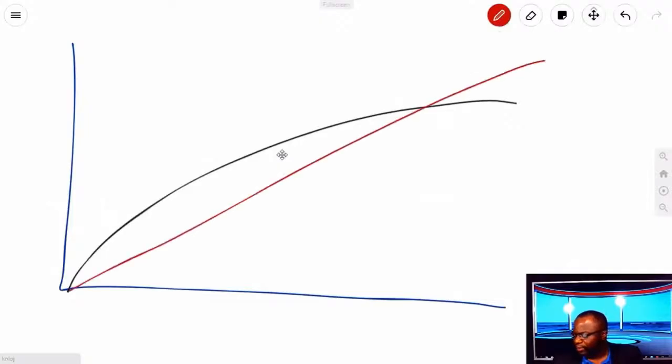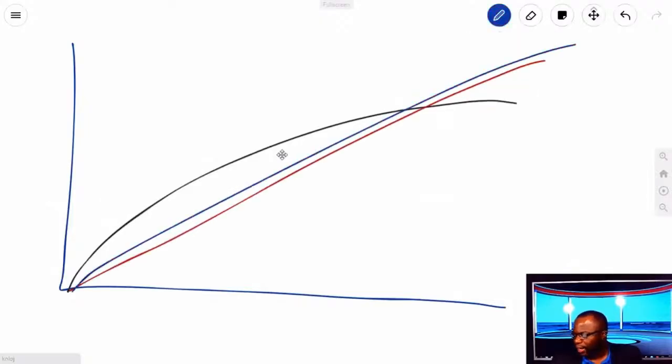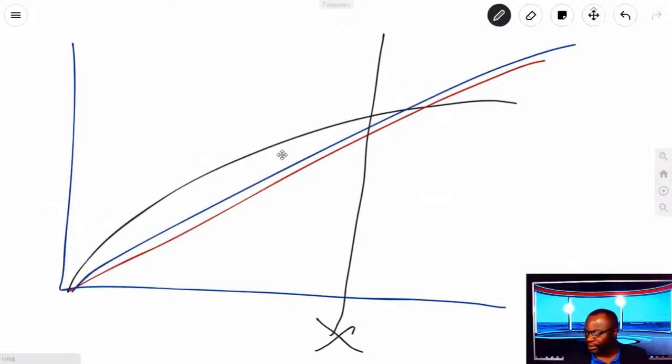And the question could be, at point X, let's say this is point X right here, what is the state of your project if the black line here is EV,